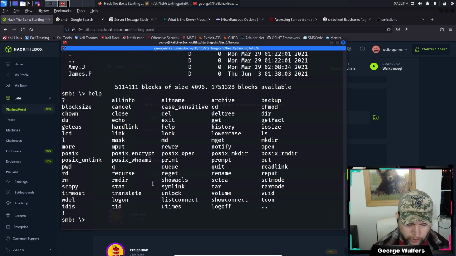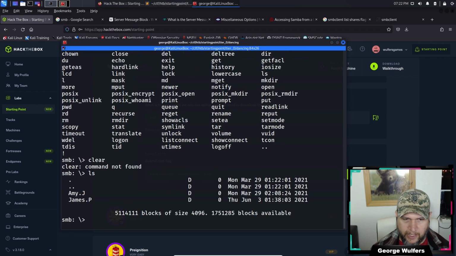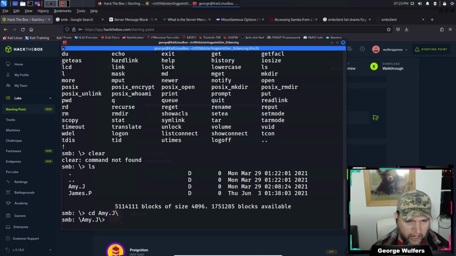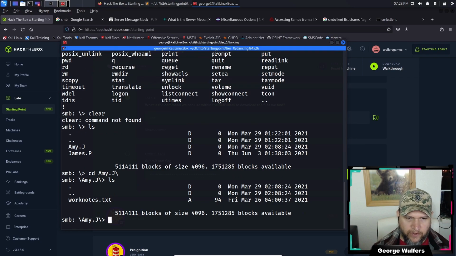So if we want to clear, we use clear. Obviously we can't here like we did in FTP, but ls does this. cd allows us to go into this directory. We find some work notes. Let's get these work notes,